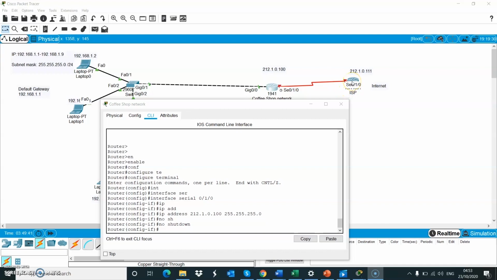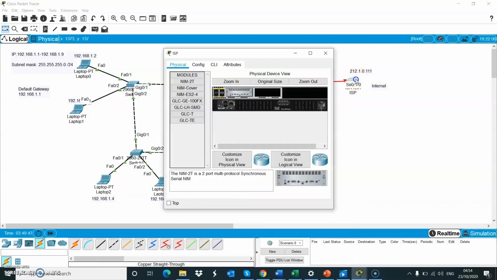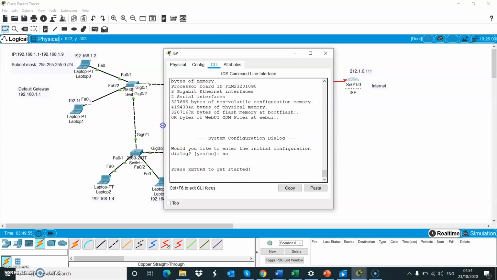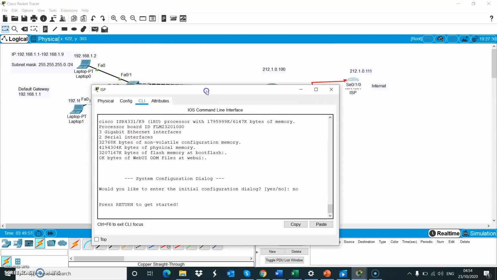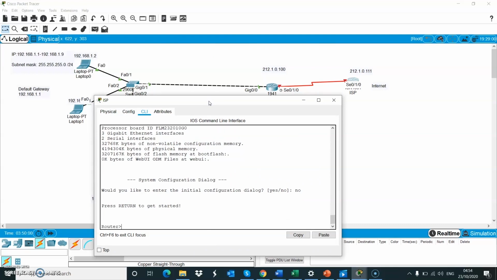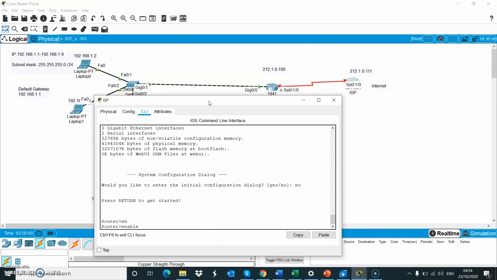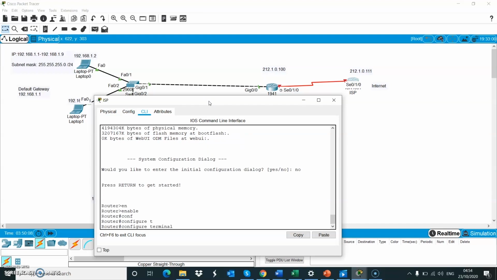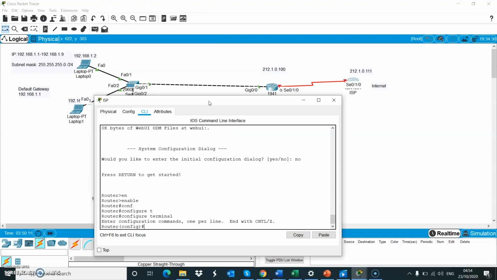So to do this, we simply go to the ISP router, we click on it, and we go to CLI. Now we can type in the other commands: enable, enter, configure terminal, and enter. And now we're working on this interface on the ISP because we need this interface to be open. So we go to interface serial